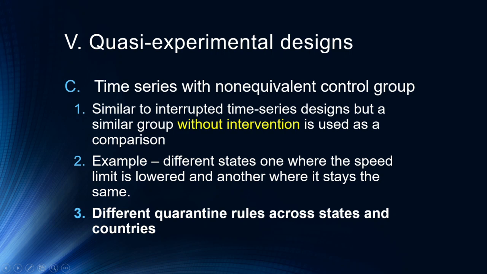Right now, we're in the middle of a pretty dramatic time series with non-equivalent control group designs across countries and states because of different quarantine rules and different stay-at-home rules and different social isolation rules, what businesses are allowed to be open. And so one of the things you can do is look at the differences across those states. And I found this really interesting